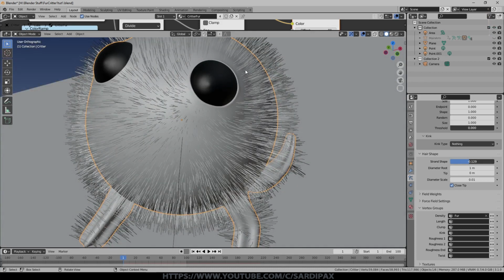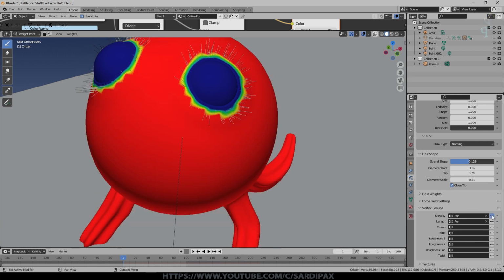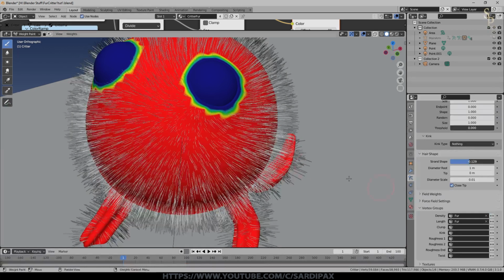Now if you want to, you can use weight painting, and you can see for that vertex group there is a little bit of grading of the weight painting around his eyes, and you can use that to affect the length of the fur as well, so that rather than it going from fur to no fur, you can have it getting shorter as it approaches this point where there is no fur. The density will drop off as well if you have it in density. If I click this, by the way, it will invert it, and we only have fur coming from his eyes, which is probably not a good idea.